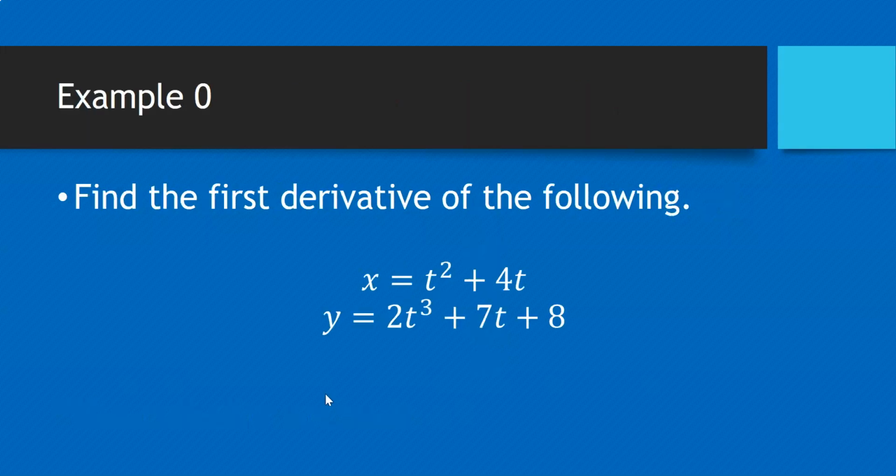So let's look at an example here. This is example 0. We're going to find the first derivative of the following pair of parametric equations. So we have x written as a function of t, x equals t squared plus 4t. y written as a function of t, y equals 2t to the third plus 7t plus 8. This